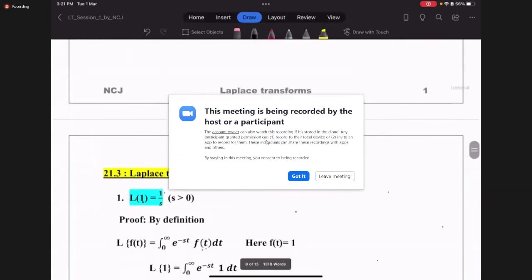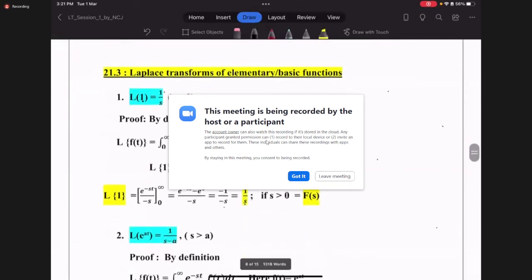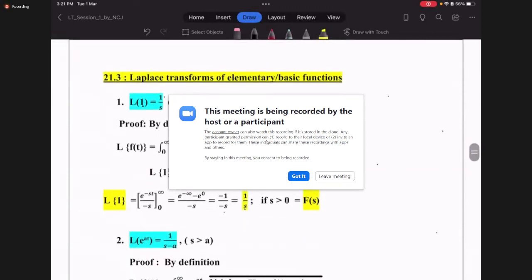Okay, now I'll explain how to find the Laplace for some basic functions. Laplace for some basic functions. When I say,